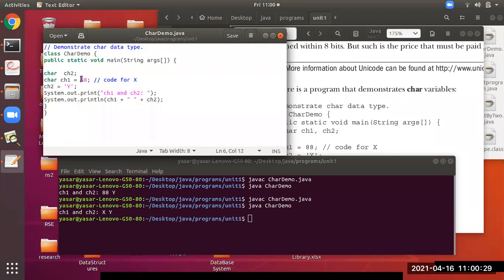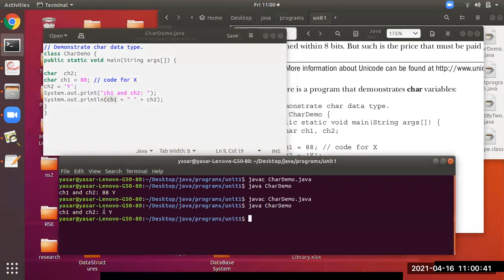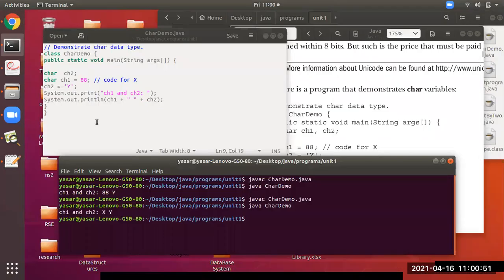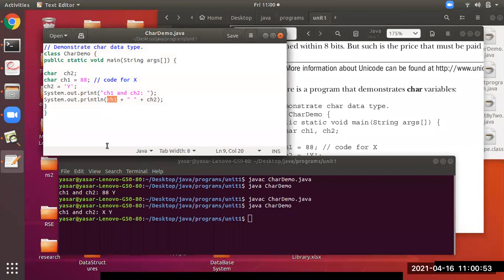So ch1 is equal to 88, whereas ch2 is equal to y. In place of 88, it is giving you X. Why? As I have shown you, capital X is represented with the ASCII value 88.